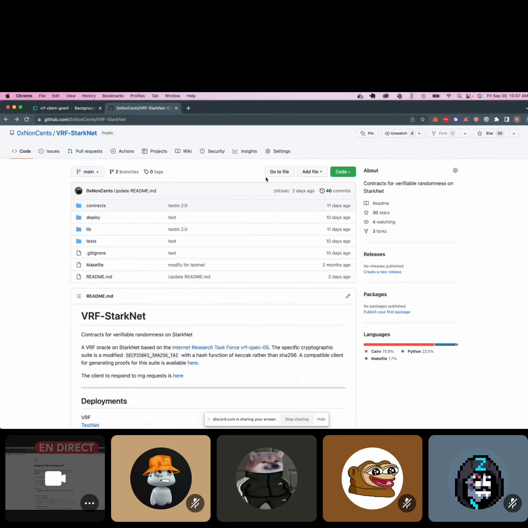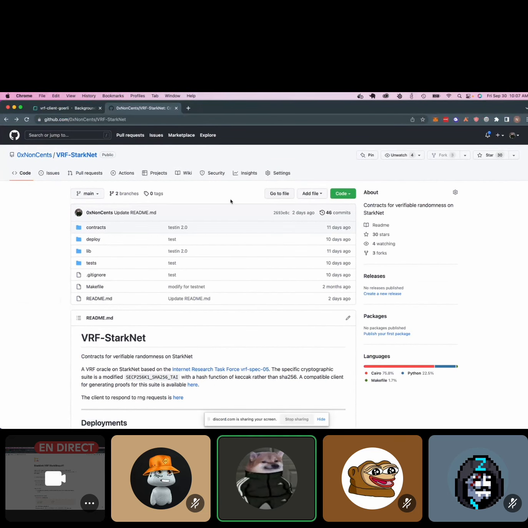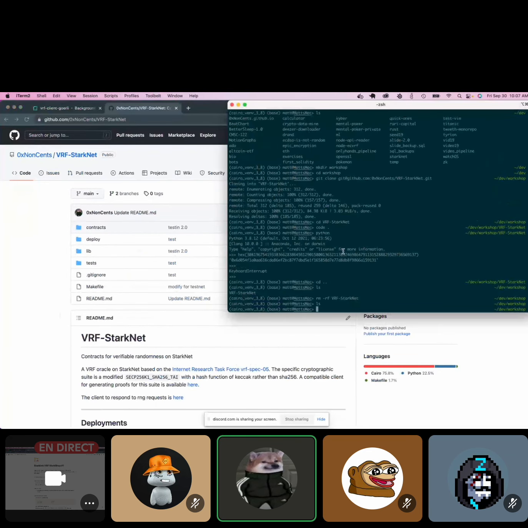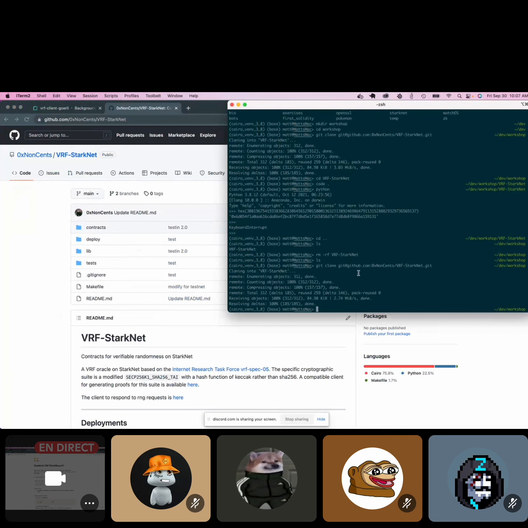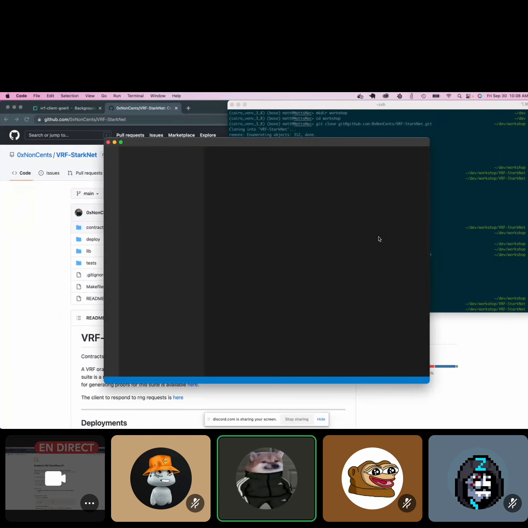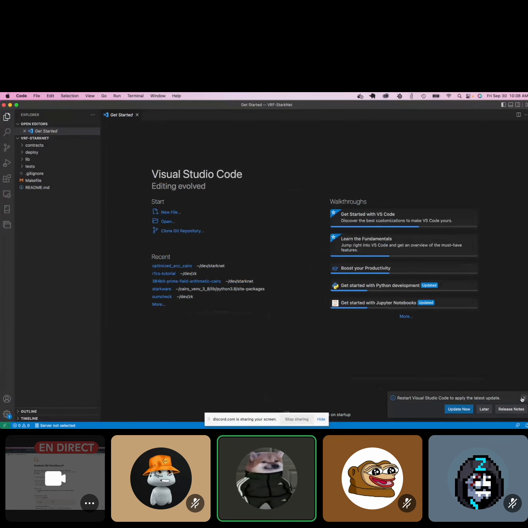The first thing we're going to do to deploy our game is clone the VRF Starknet repo. So let's go and do that. We'll need the Cairo language, of course, and also the Cairo Nile toolchain, because that's what we'll be using to deploy